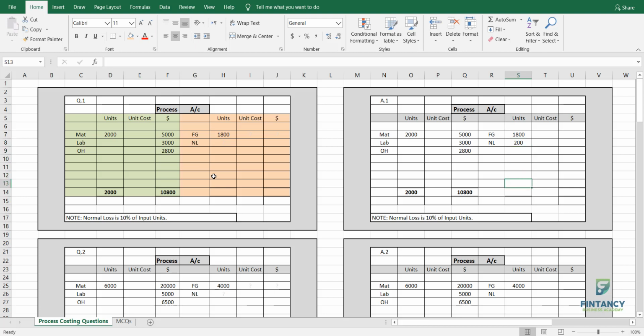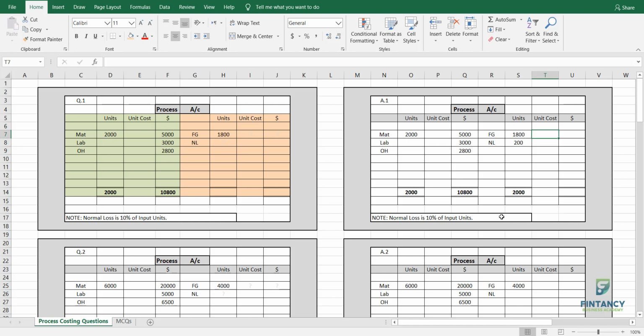Now you will total the T account. If you see, total is also 2000. So it's matching. See, this 2000 and this 2000 is matching. This means that there is no abnormal loss, no abnormal gain. So whatever was our expectation, that has come up in reality also. Okay, this is very rare, but definitely we have to start the topic with a simple exercise. So that's why I'm showing you like this.